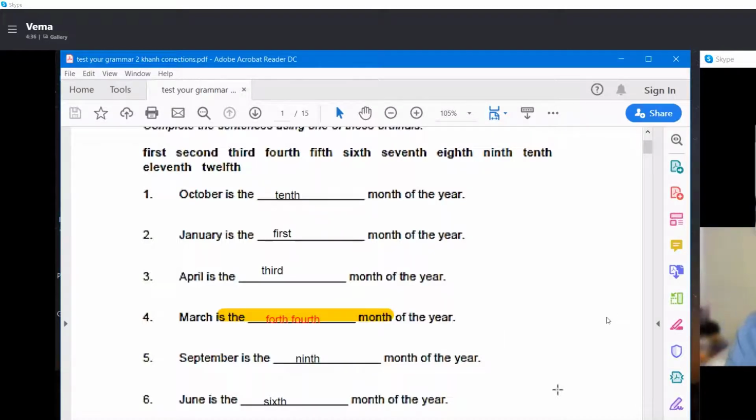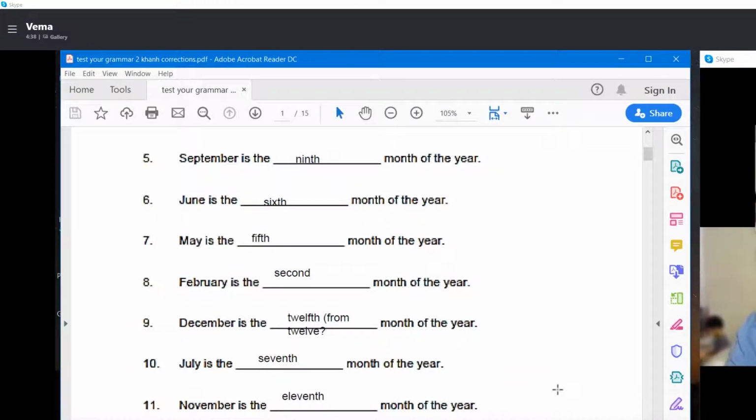Okay, got it. All right, next one. 12. So this is correct, but you said that you read it from 12. Yes, it's from 12. So 12th, 11th, 12th, 13th. So this is correct. 12th,